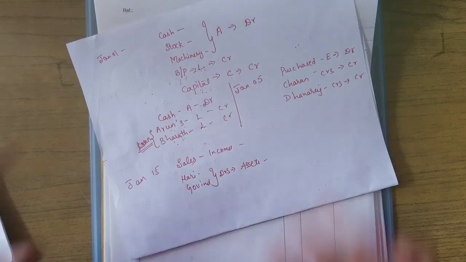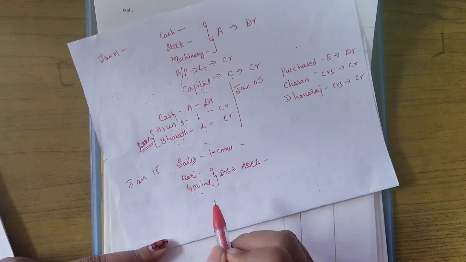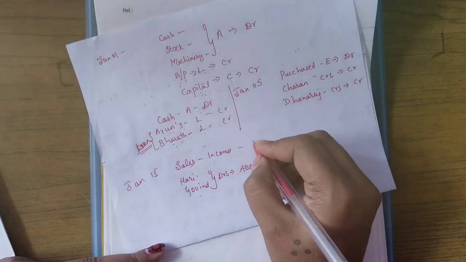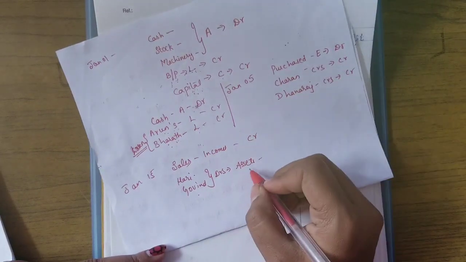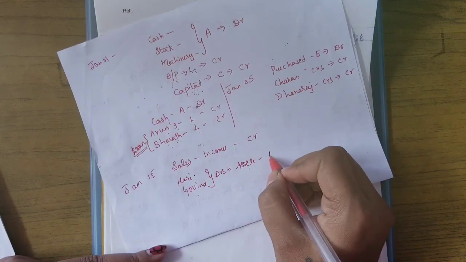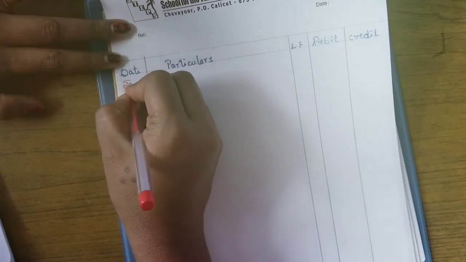Okay, since we are selling, we will be receiving amount in the future. Hari and Govind will be our debtors. So sales income is increasing, it will be credited, and debtors is also increasing, asset value is increasing, it will be debited. So your entry will be Jan 15